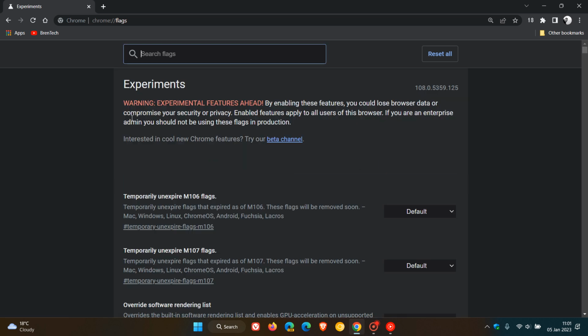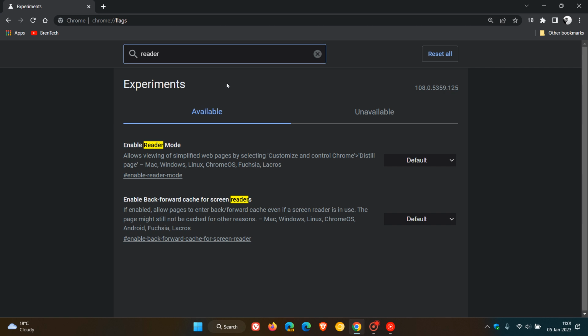Chrome://flags. And this will take us over to the experimental flags page. Now, all we have to do in the search is type in reader, and that's enough to bring up the experimental flag, enable reader mode. And the description reads, allows viewing of simplified web pages by selecting customize and control Chrome. Now, as I did post a year ago, you change the setting from default to enabled, but today we're going to go one step further and